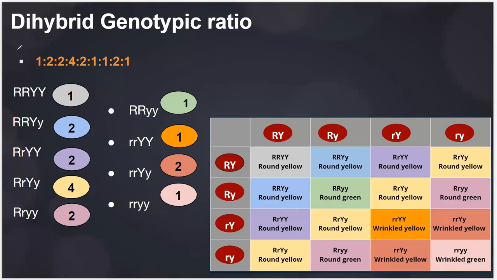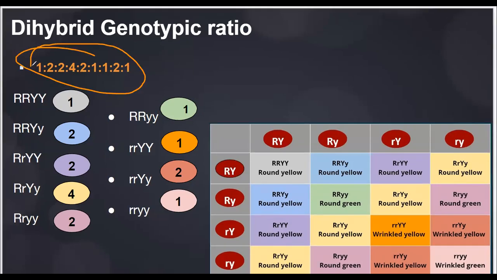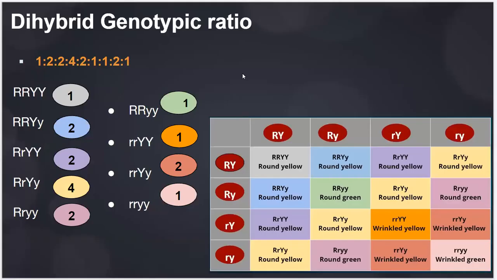You can either calculate directly, manually during the exam, or you can just simply memorize this. 1 is to 2 is to 4 is to 2 is to 1 is to 1 is to 2 is to 1. You can directly memorize this, or once you are done with this process, you can calculate accordingly. Okay. So that is the phenotypic ratio and genotypic ratio of the dihybrid cross. Okay. Now we move to the